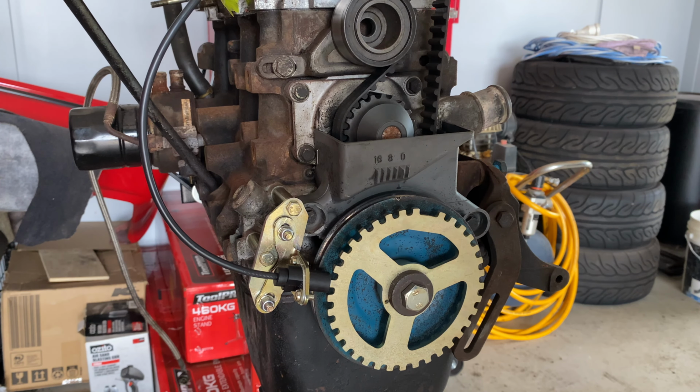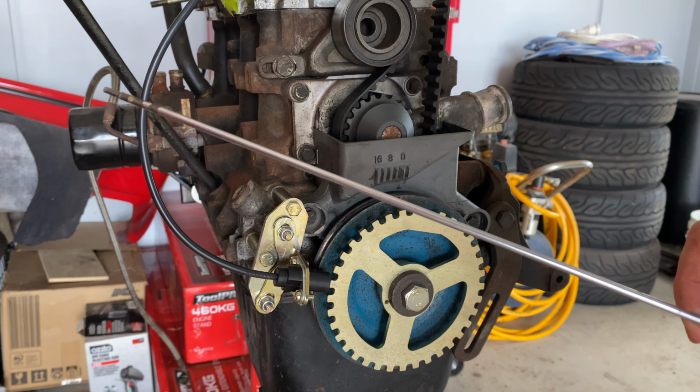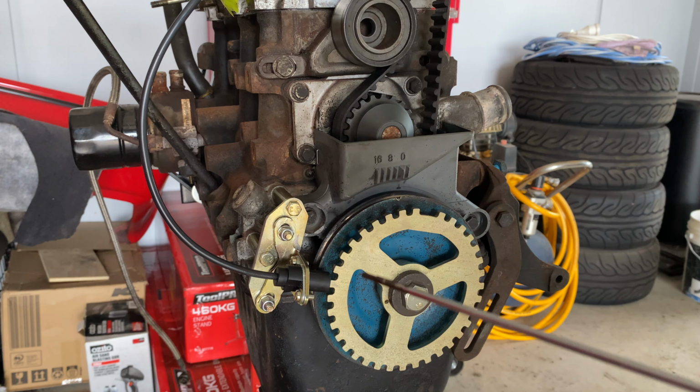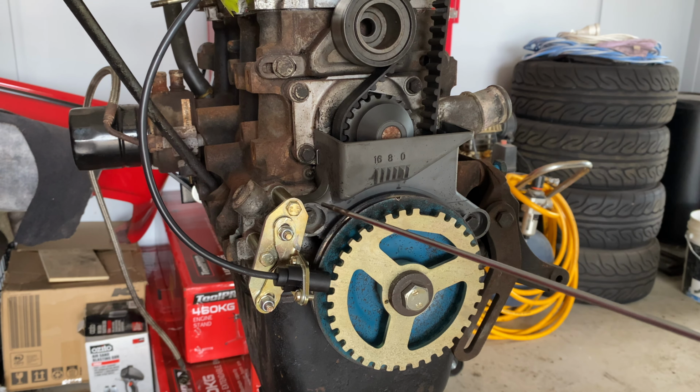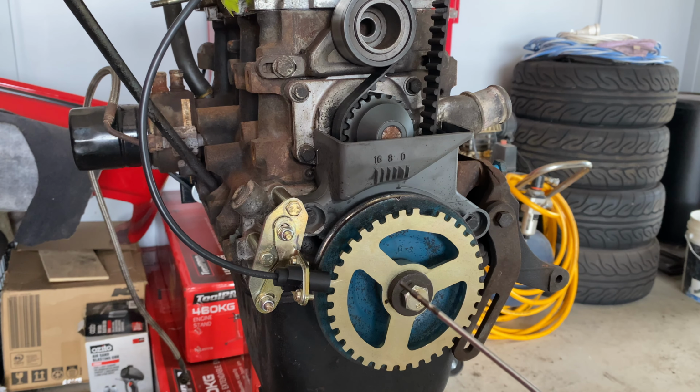All right, guys, so it is all on now. As you can see, some of you may know what this is. This is my specific tool to adjust the fuel on the MFI unit. I don't need it anymore, obviously. So the CPS, or the crank positioning sensor, is now on. Now what I'm going to do is run you through how we did it, because I had to stop the time lapse and just kind of scratch our heads for a bit,